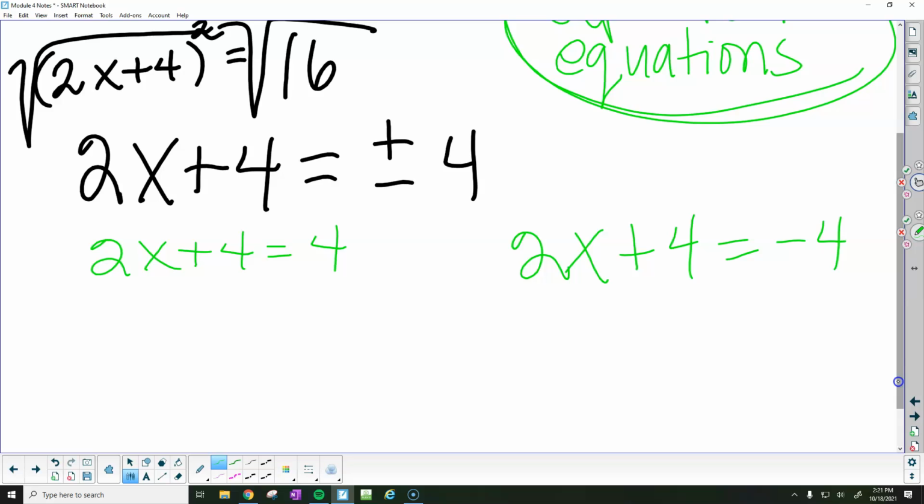All right, so let's solve for x over here. We would subtract 4 from both sides. What is x equal? What number means nothing? Yeah, you're right. It's 0. We're going to write 0. And then, of course, over here, subtract 4 again, but it doesn't cancel out on this side. So what does x